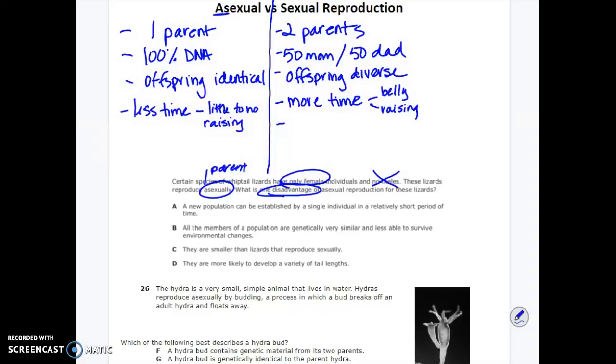A new population can be established by a single individual in a relatively short period of time. Well, that's true because it takes a lot less time. But is that a bad thing? I would say this would be an advantage, which would be good, and we're looking for something bad. So that was wrong. All the members of the population are